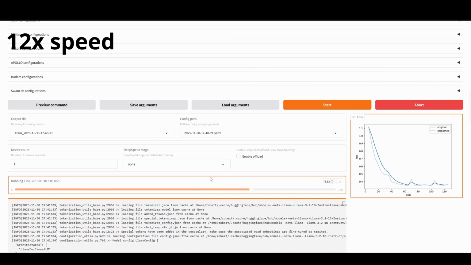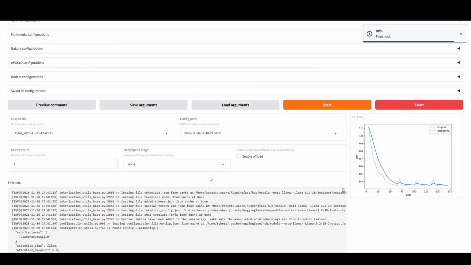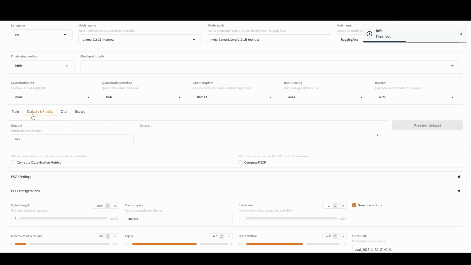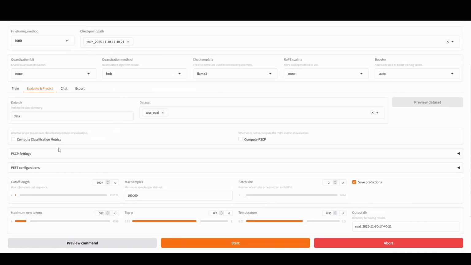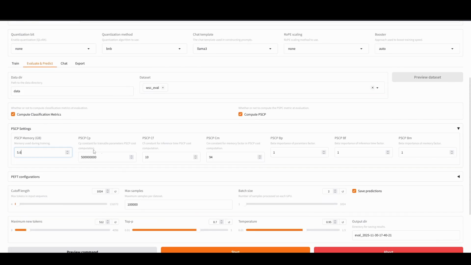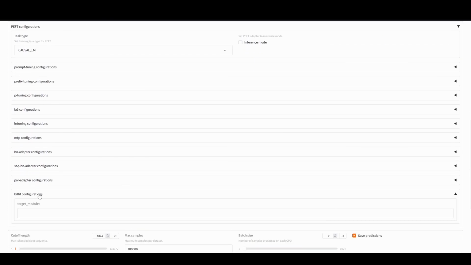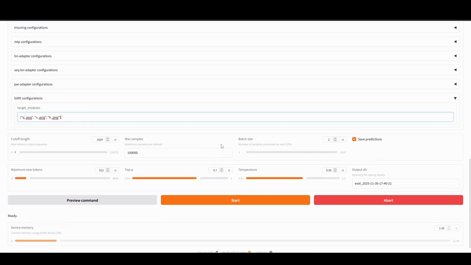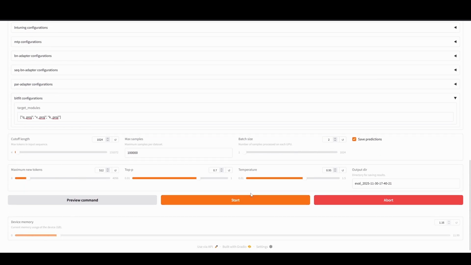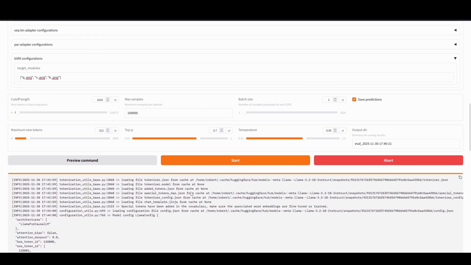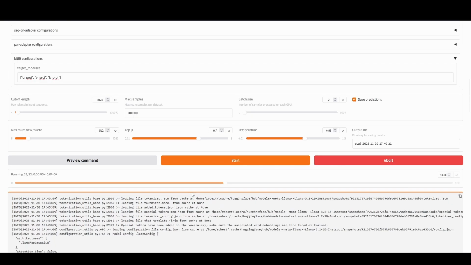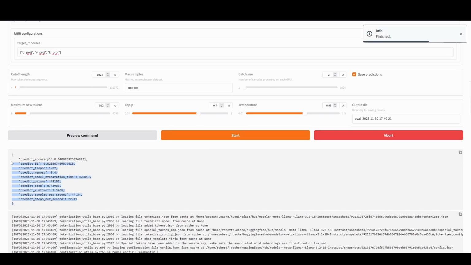After training, we would like to evaluate the classification and efficiency of our model. For that, we select our recently trained model and the validation set of the WSC dataset. We want to evaluate the classification performance and the efficiency using the PSCP metric. We modify the PSCP parameters only slightly and set the bitfit target modules. Now we press Start to begin the evaluation. After the evaluation is complete, we can see the classification and efficiency metrics being printed out, including accuracy, F1, and